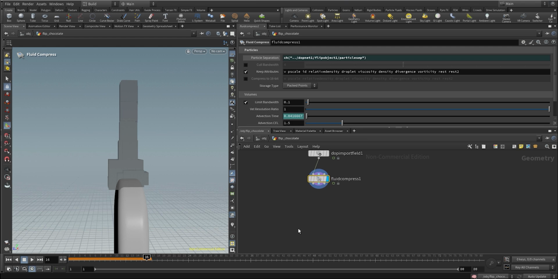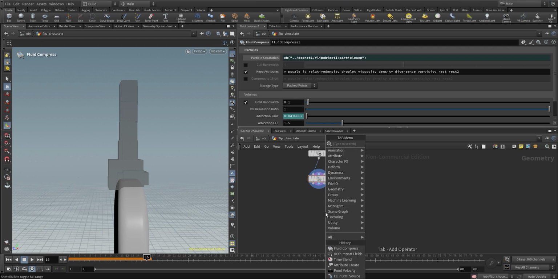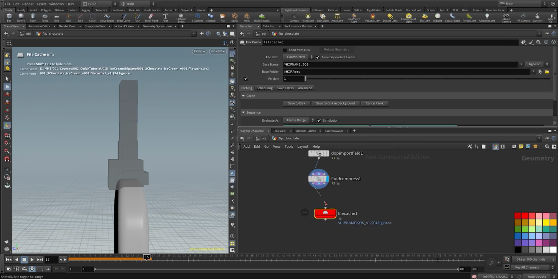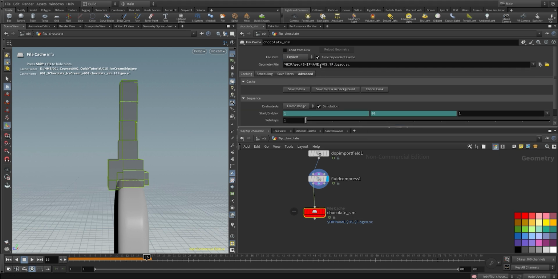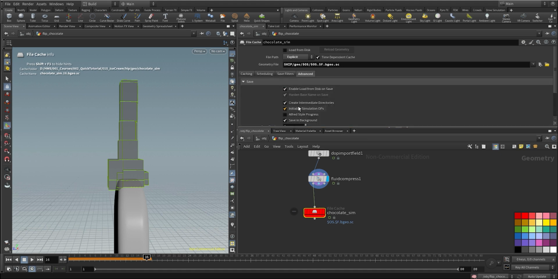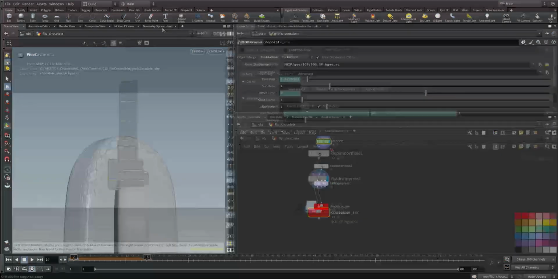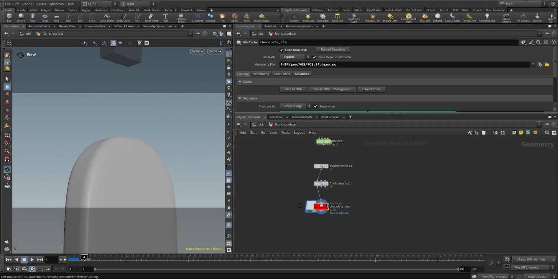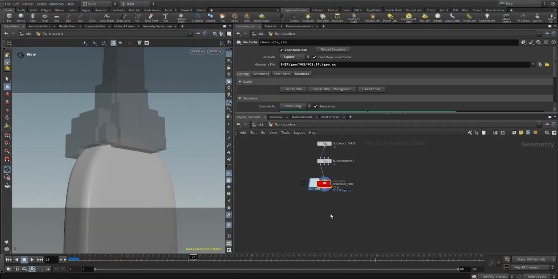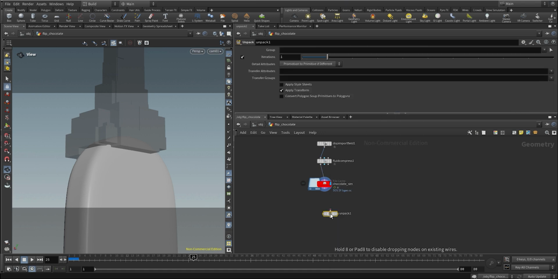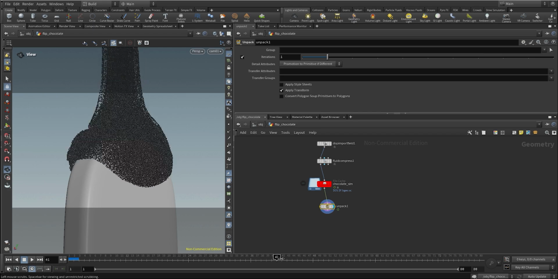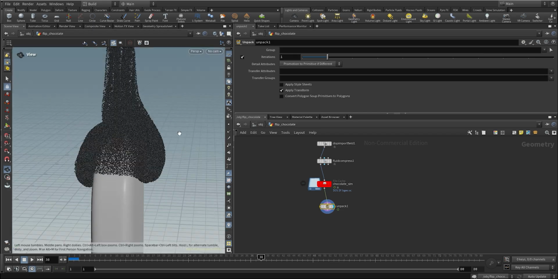And I'm gonna disable the collide bandwidth, and right away I'm gonna create the file cache. Let's rename this, and also I'm gonna be changing some settings that's gonna be my preference, but feel free to use everything as default. And on the advanced tab, let's initialize simulation ops, and we can hit cache. So the cache is ready, so we're gonna unpack the geometry so we can see the points. Connect this into the cache, unpack, and now if we hit play, we can see the 3 layers of chocolate